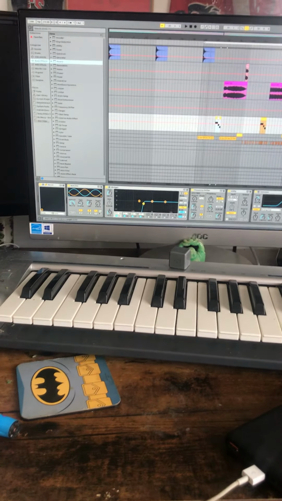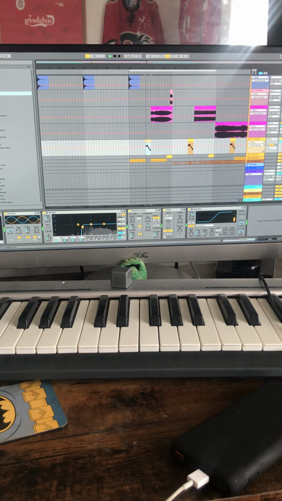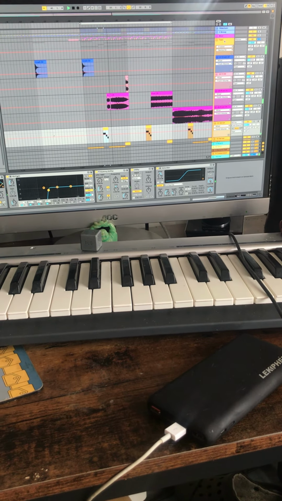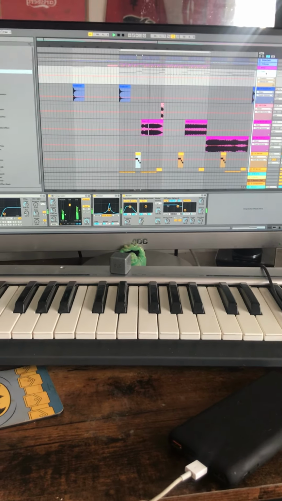So the next job would be balancing the volume levels, making sure that everything in there